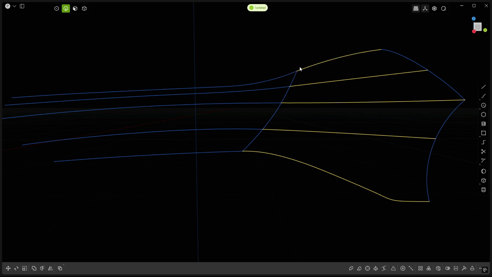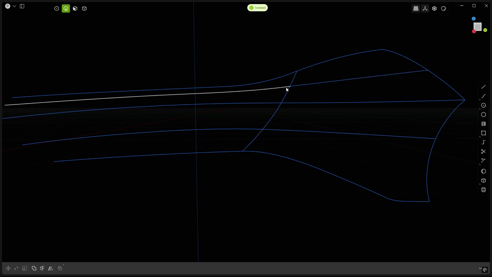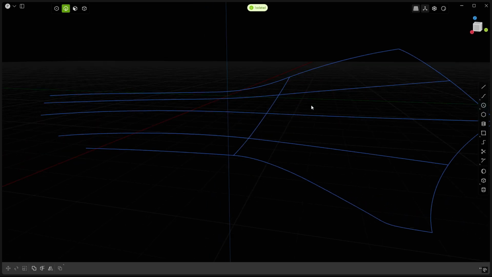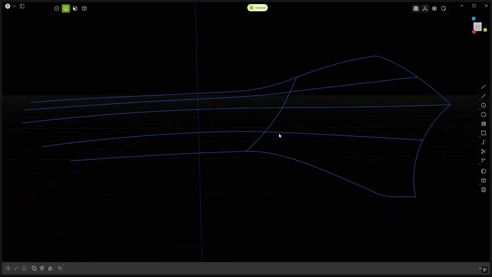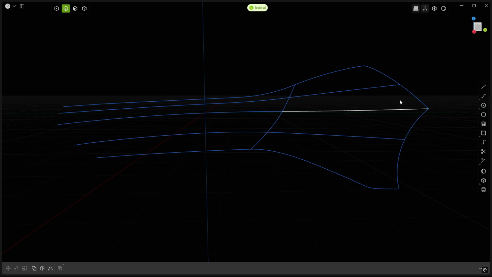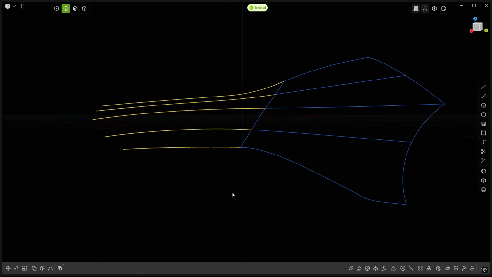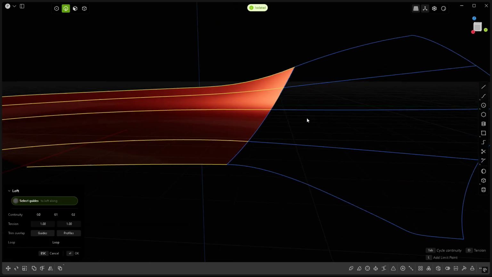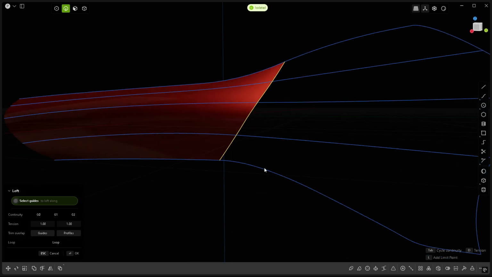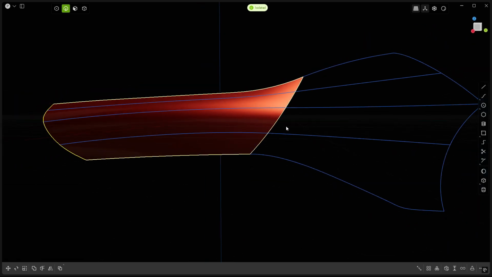Those are tangent lines, and in the course I explained to you how to create them. Okay, and so all you need to do once you get that done is select 1, 2, 3, 4, 5 curves, then loft, and hold down the shift key and pick the guide here, right click to confirm, and